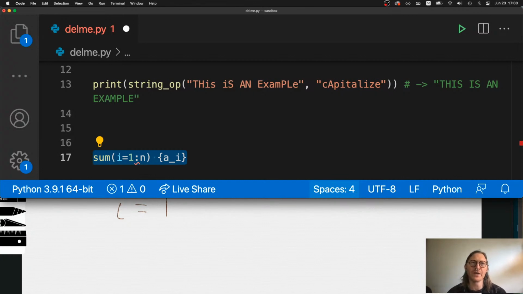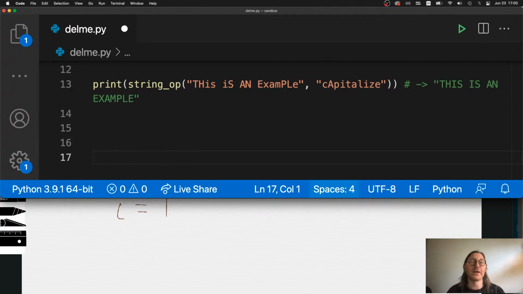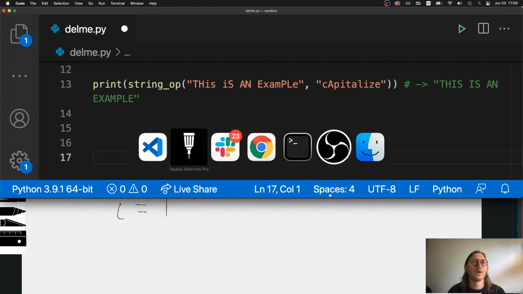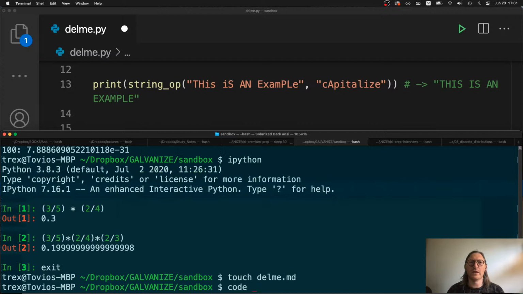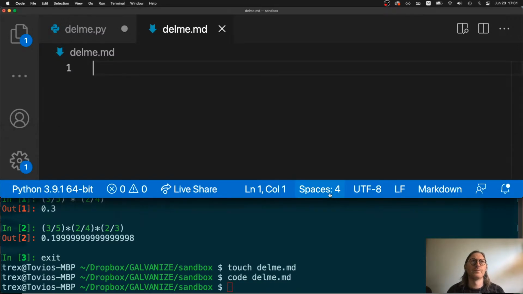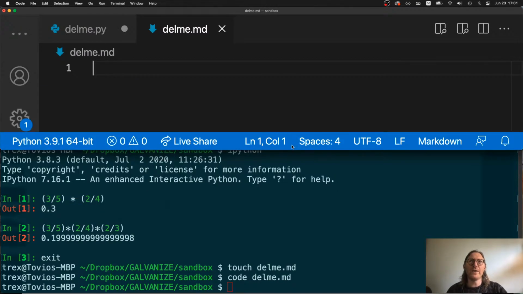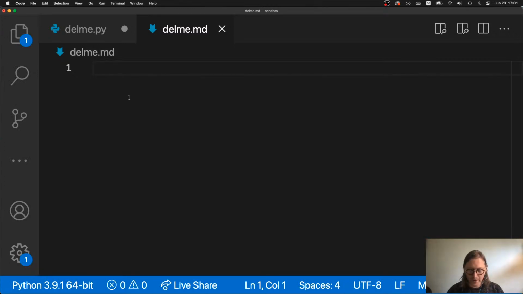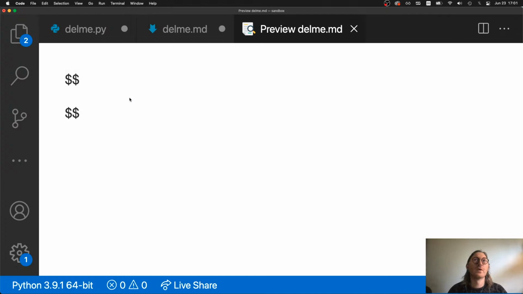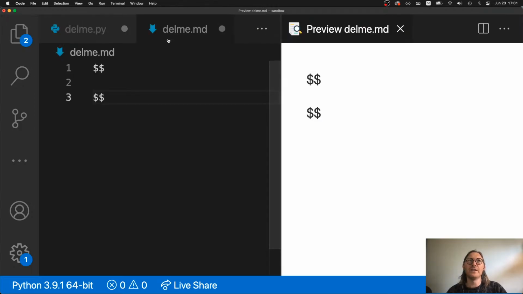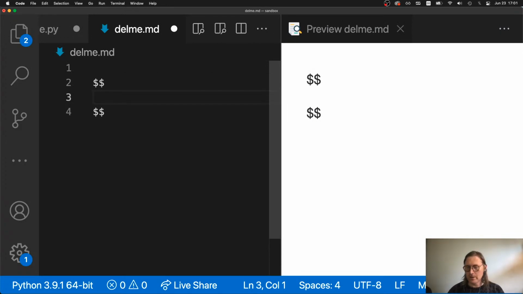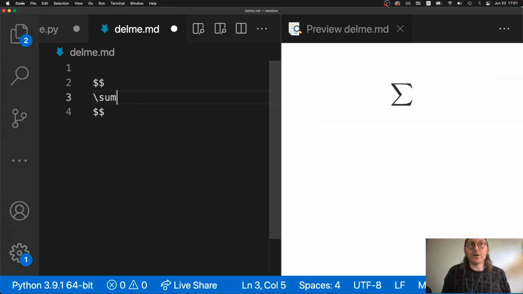But I think another way to think about this, and maybe I can, let me see about doing this. It's a little bit of a sidestep, but I think this can be interesting. So let's make a delme.md, and yeah, okay. So a way that you could do this for Slack, if you wanted it to look nice, let me show you what I would do if I needed to put nice looking math into Slack. So in VS Code,